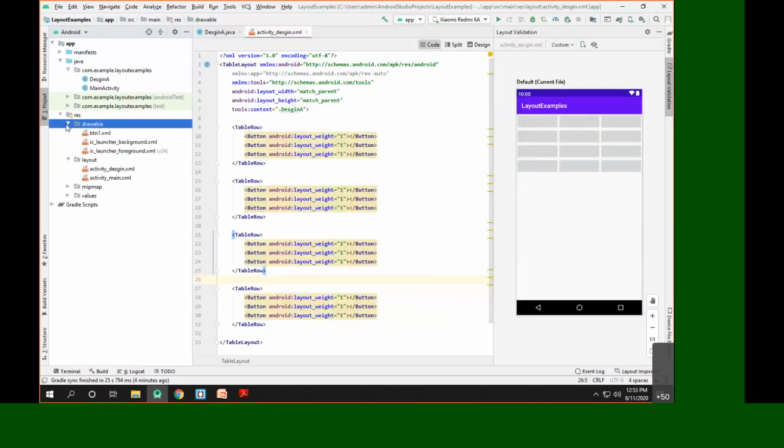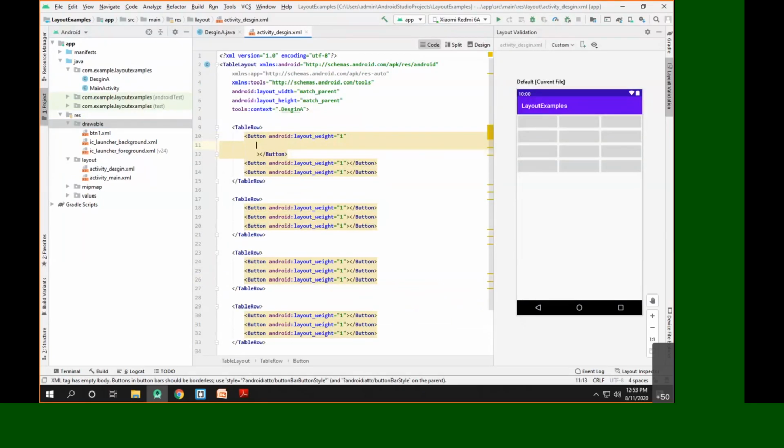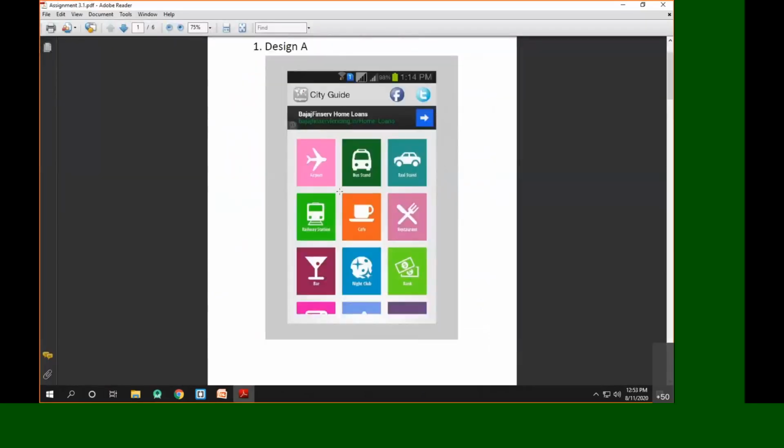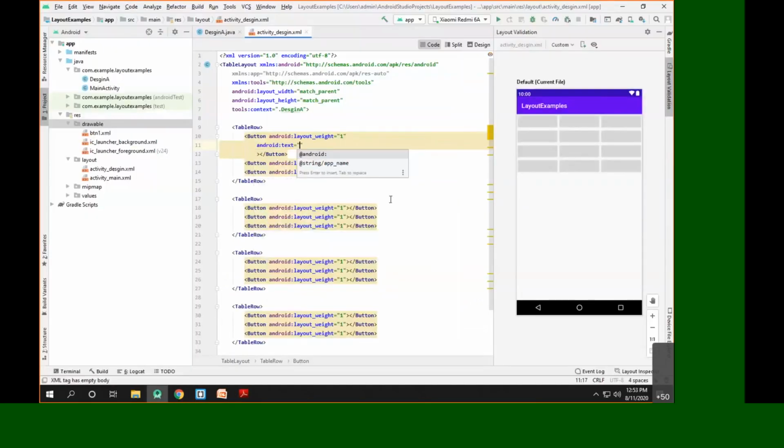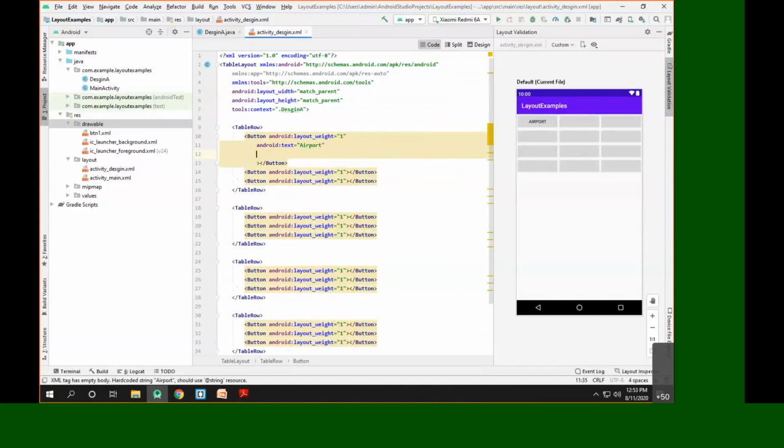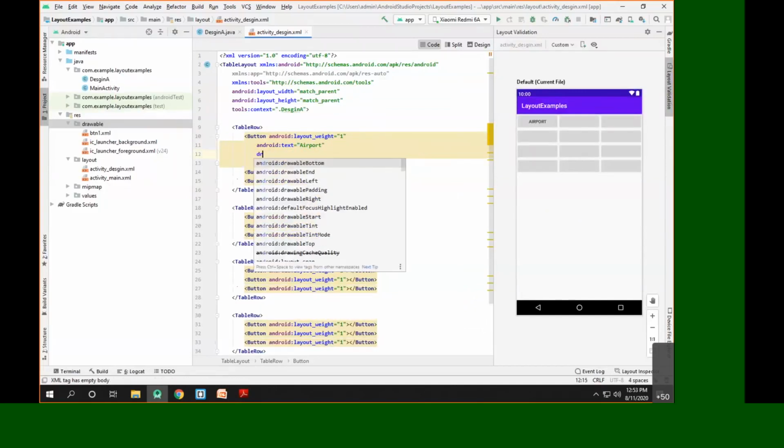As you can see, inside the drawable, BTN1.xml is added. Now we can add this particular icon here. Now what it says is airports. We'll add the text here as airport, and above that we have to add the icon. For that we have one attribute called drawable.